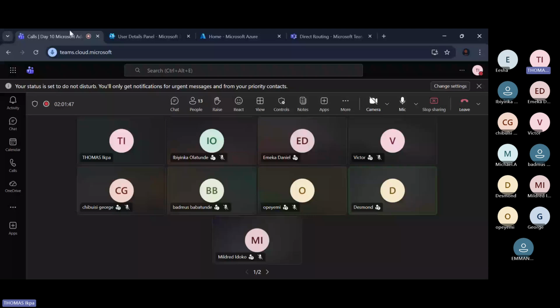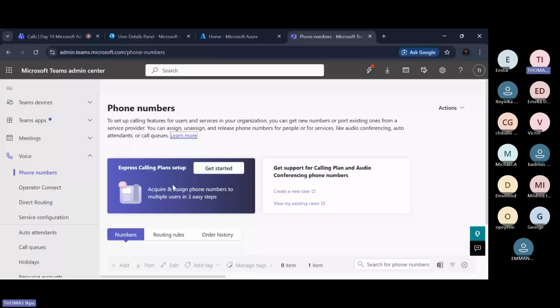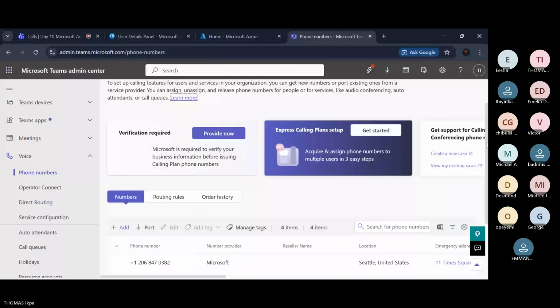So what I will try to do now, I'll try to see if I can verify that stuff for Teams here, so that we'll be able to purchase new phone numbers. Because if you don't do this here, you cannot purchase a new number. Because I have to teach you